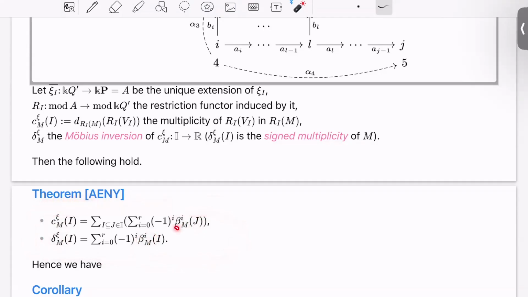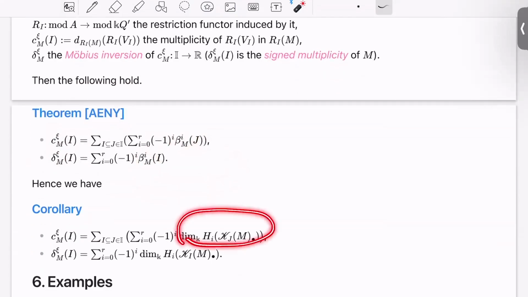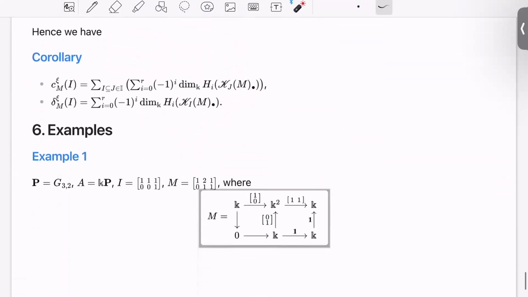And then, as you see here, Betti numbers appear here. Then we can replace them by dimension of homology like this. So this is one corollary. In this way, these numbers are computed by dimension of homology. So finally,